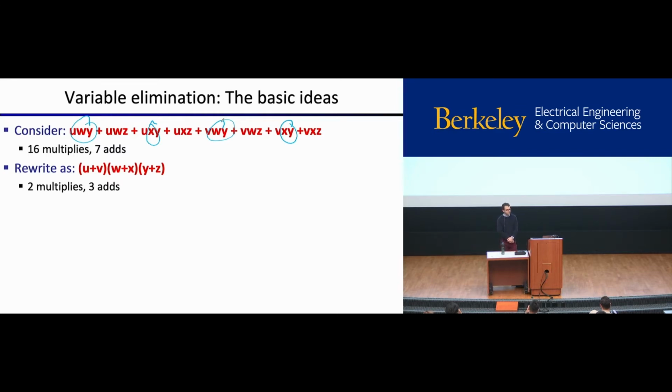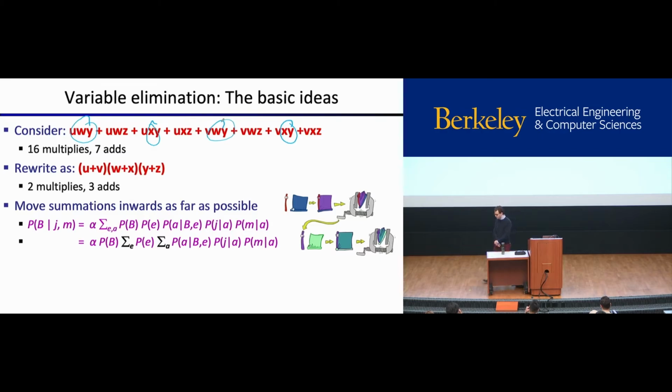And the thing to recognize here is that when we go back to this kind of expression where we're enumerating all the variables, this is the same kind of thing. It's a sum over a bunch of products, right? It's a sum over E and A of a product of a B term, an E term, an A term, a J term, and an M term. So if we can figure out the right way of factoring this expression, if we do the multiplies in the right way around the additions, then we could save ourselves a lot of work. So the key idea is to notice that P of B doesn't depend on E or A.